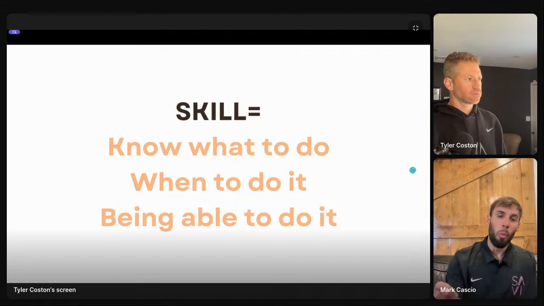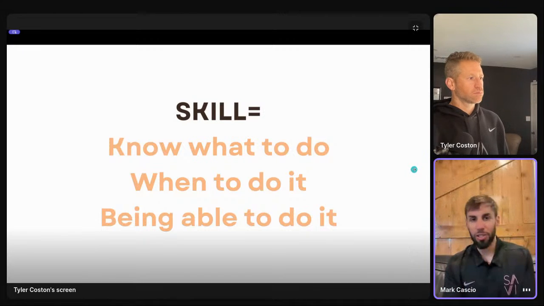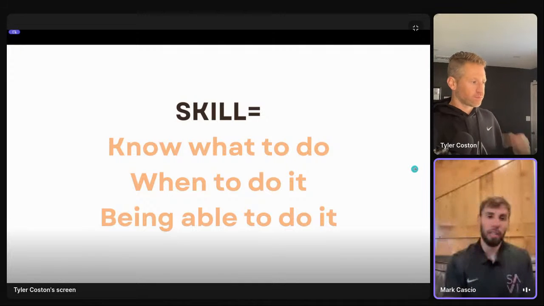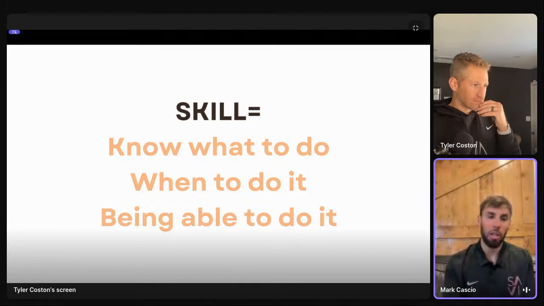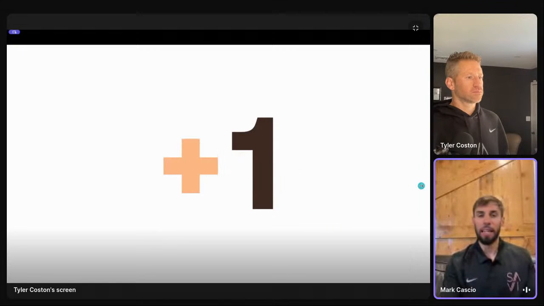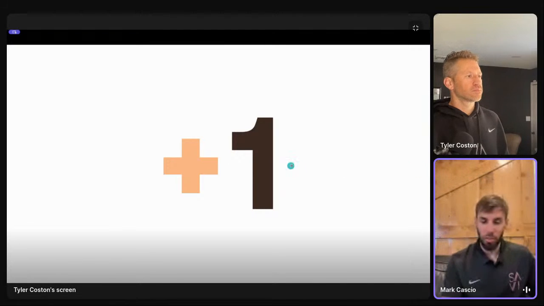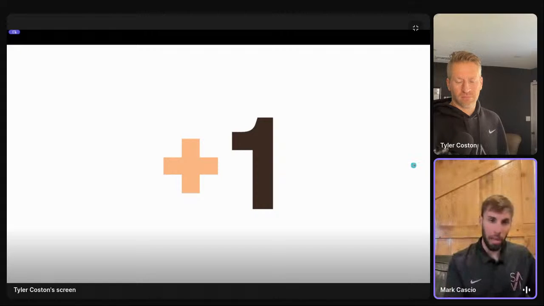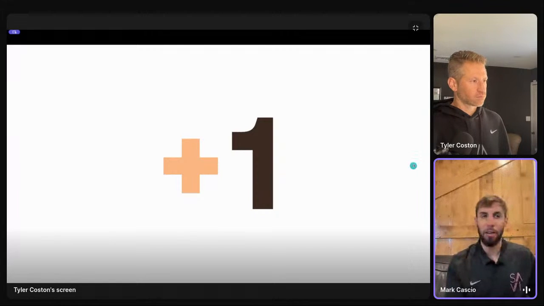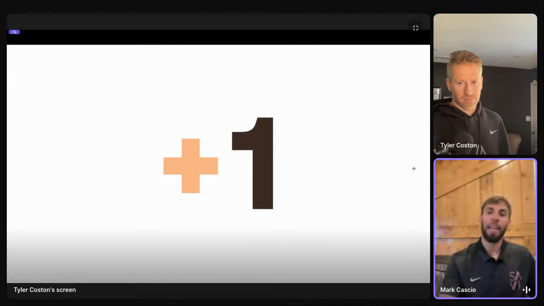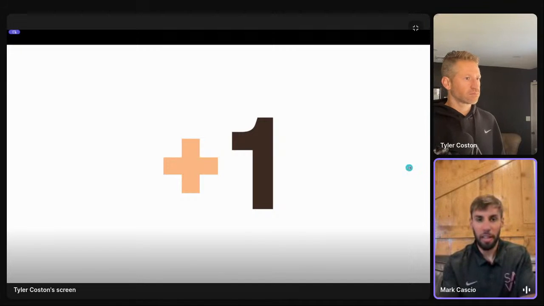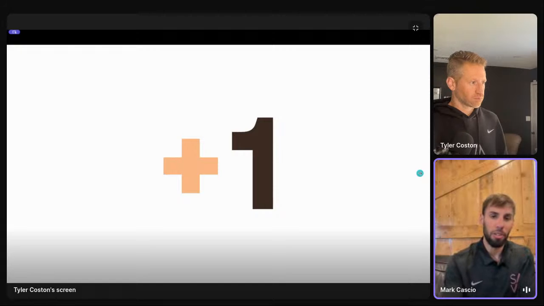So, what we will do in our cohort is show you how to create as many reads and decisions as possible. And the best way to do this is to have a lens of plus one. So anytime you add a defender, that would be the plus one, you're going to create a read for your offense. And there are some simple ways to do this. I think this is another blind spot of coaches: how to take my on-air technique drills and create a situation where we can get a little bit more value out of that by adding a read or decision.